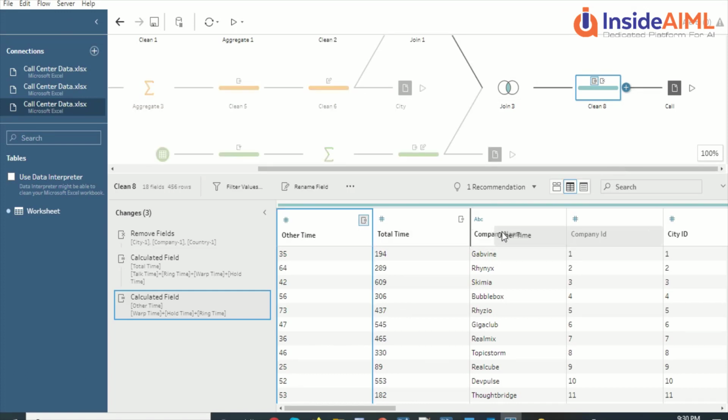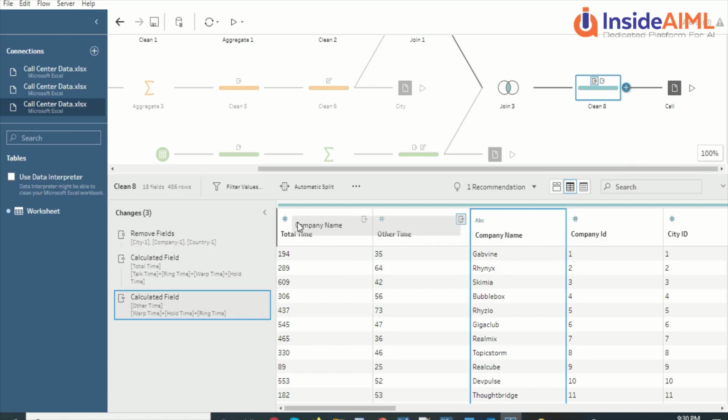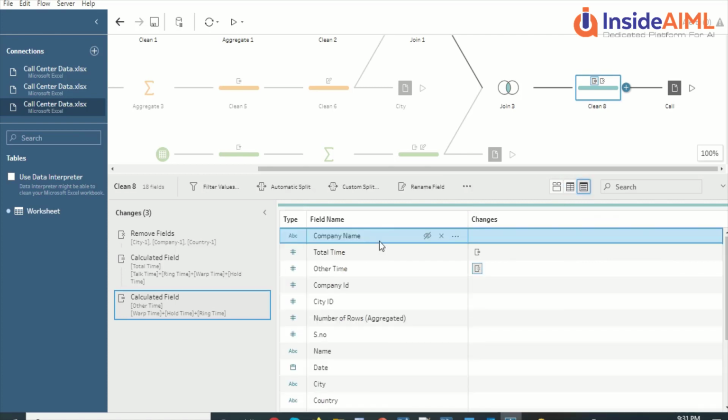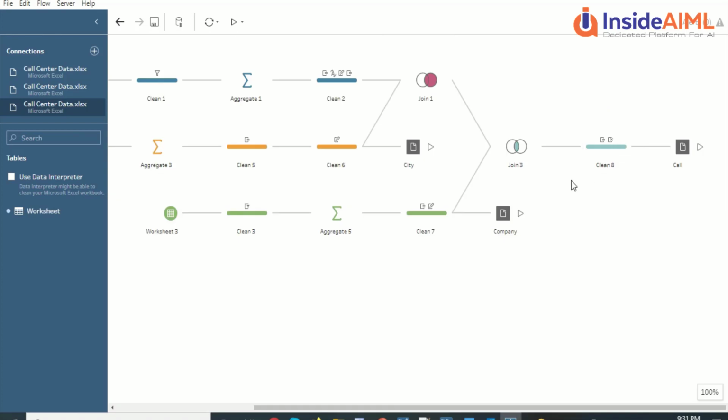Okay, now if I want to move it here, there are options available where I can move the company first and all those. Or, let's see, in this mode, let's say I want to have city ID. No, I don't think in this mode we are able to move, but in the other mode we are. There is a hide field mode where we can hide it, and I think this should probably be applicable when we do the output to Tableau. So another output is when you can actually move this to Tableau.